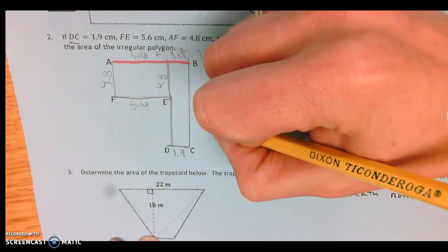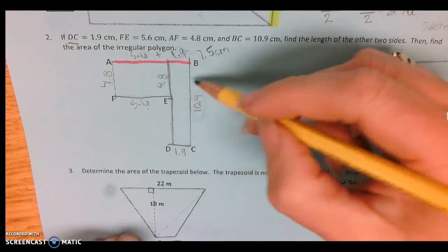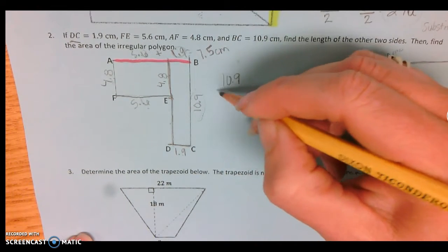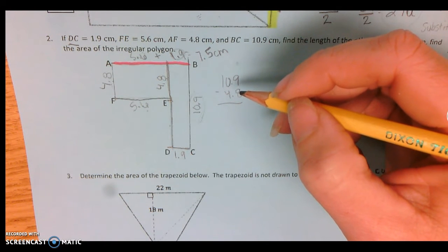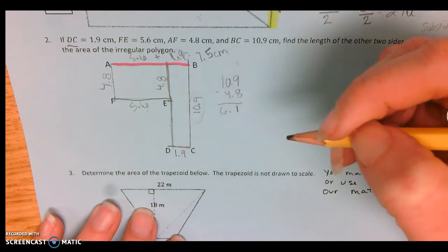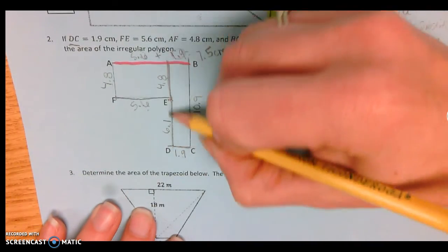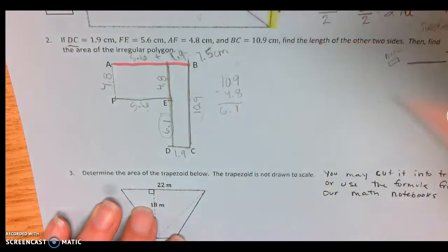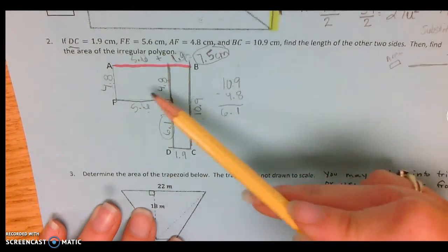So if this has to be 10.9, and this is 4.8, what would that leave? So if I take the 4.8 off of here, 10.9 minus the 4.8, again, I'm going to use my calculator because it's an option, so why not? I get 6.1 left over. So that tells me that this section has to be 6.1 because these two together is the same as this one. So now that I have DE and I have AB,